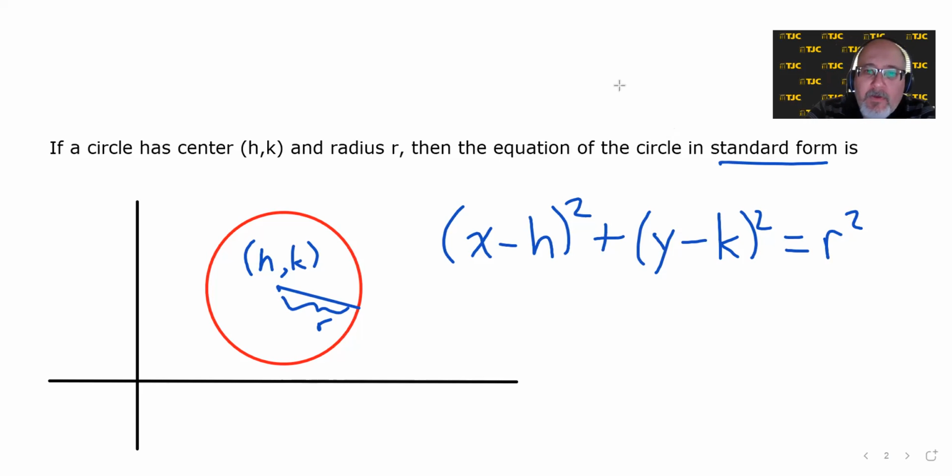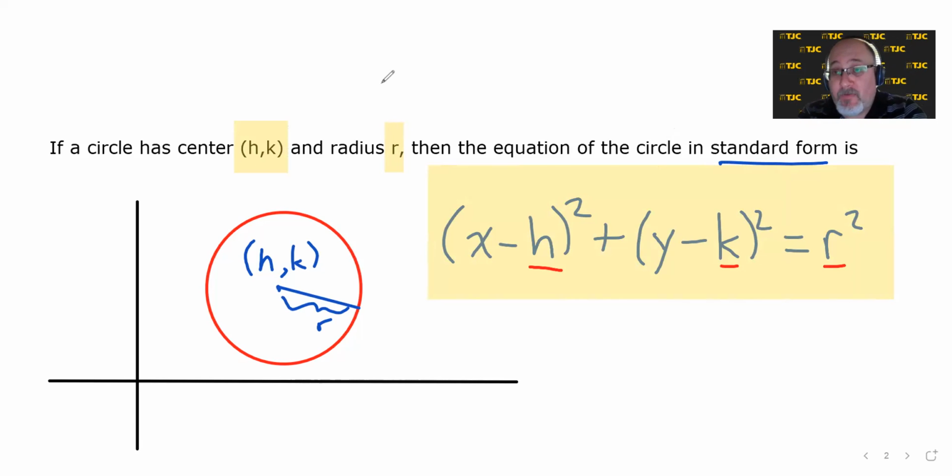But for our purposes, if you have a circle whose center is h comma k and whose radius is r, then you just have to put the h here, the k there, and the r there, and then you've got the equation of your circle. Upon inserting the values for the center and the radius, there's a couple of things to be on the